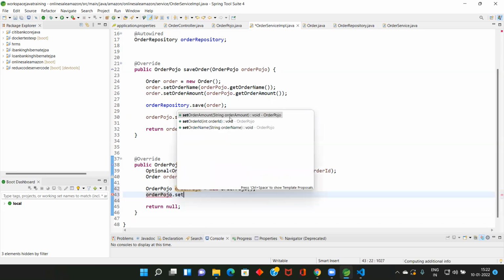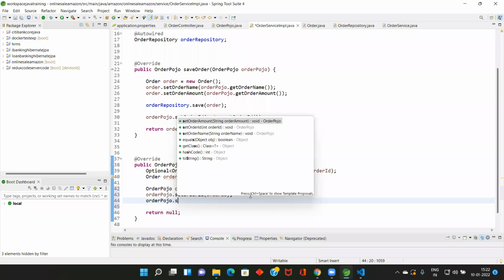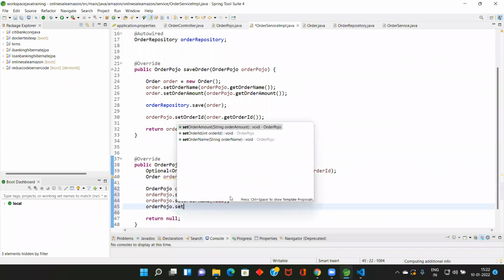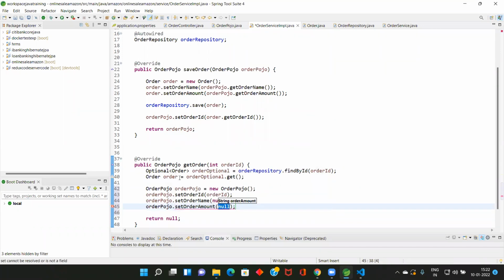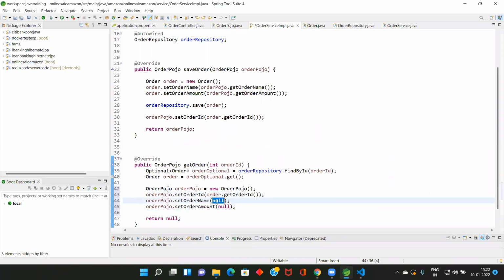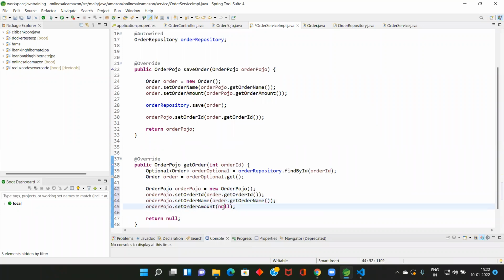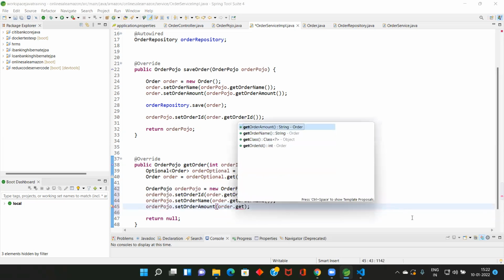Dot set ID, then Control V dot set name, then dot set amount. So order Pojo, entity, right? Order dot. So you are going to populate the Pojo. Order ID dot get order name, Control V dot get order amount.